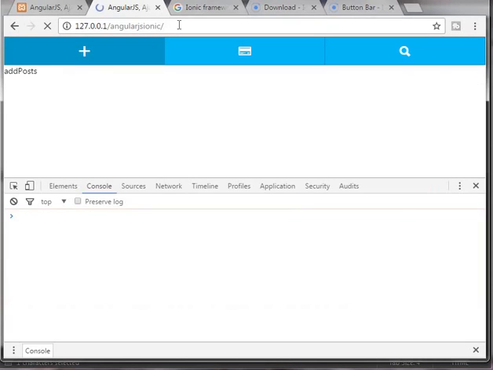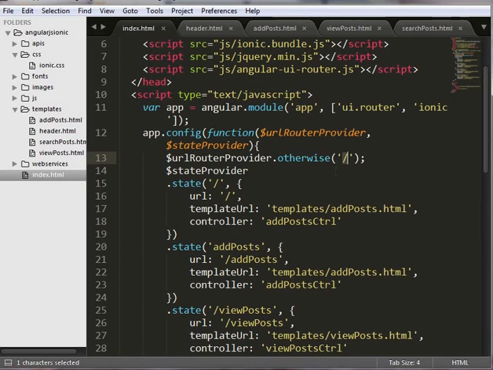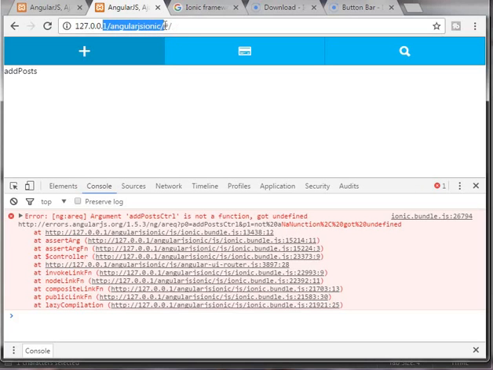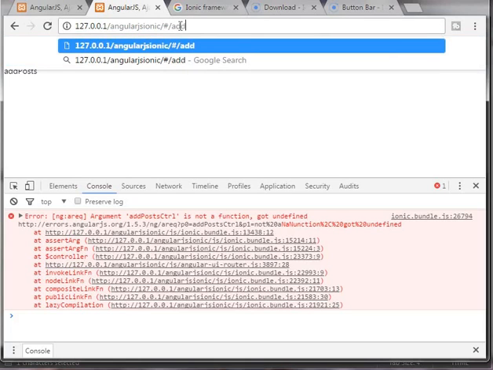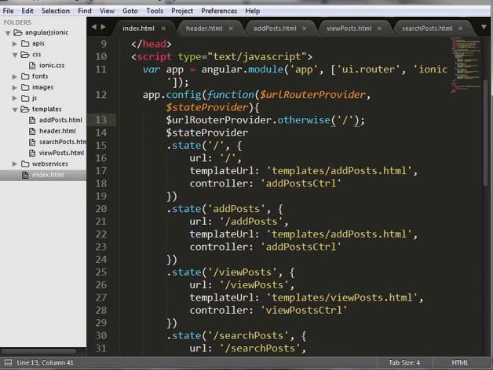So whenever I refresh, I get a / after the hash, indicating that whenever we don't have anything after this root directory, any title like add post for example, then I should redirect it to this /. Otherwise / and then use state provider. We are setting some validation rules, or some guidelines to set the forward state, that is what happens,